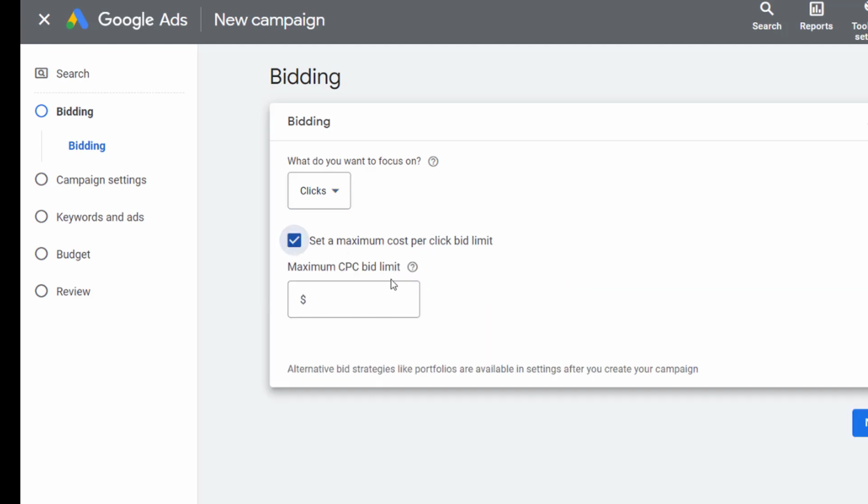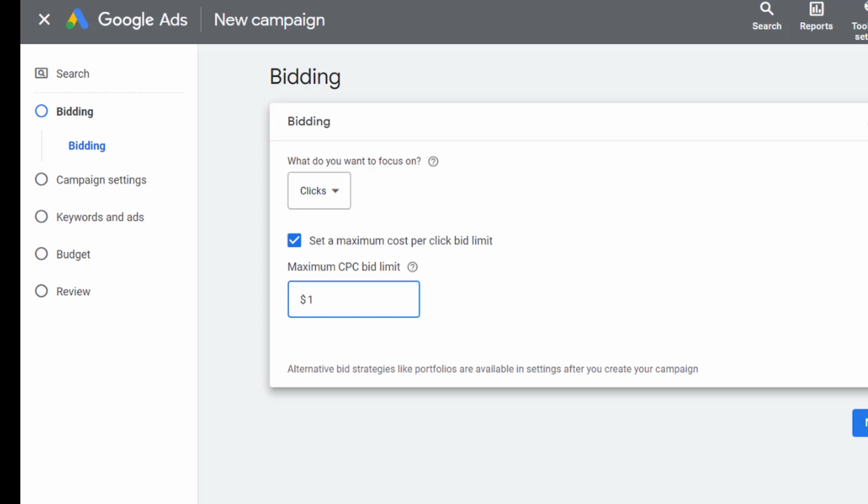In this case, in this tutorial, for the maximum bid per click, I put $1. Later, if we analyze, we can come back here and change the maximum CPC bids.